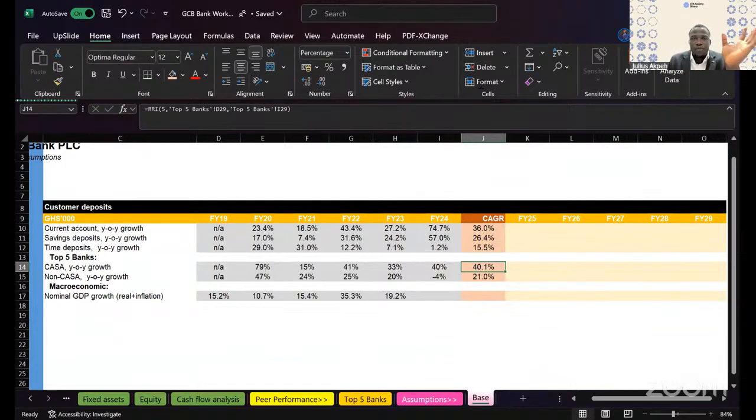So just think about it. The top 5 banks, their CASA deposit has been growing at 40%. Non-CASA at 21%. So GCB alone is growing at 36%. But in 2024, GCB grew at 74%. But the CASA is 36%. To be on the safer side, I would like to do the projection based on CASA, based on CAGR. And you also see that the CASA component that is growing most is the current account and